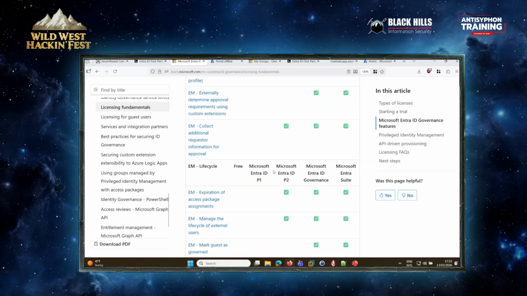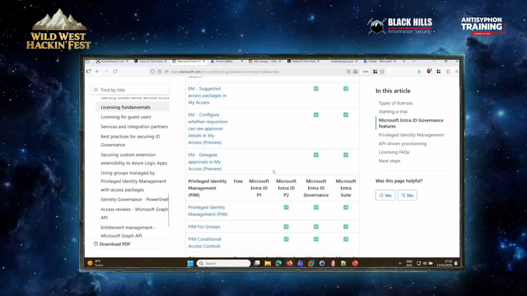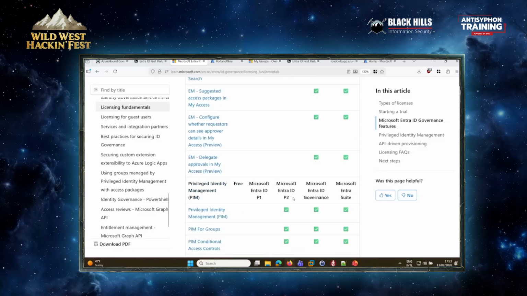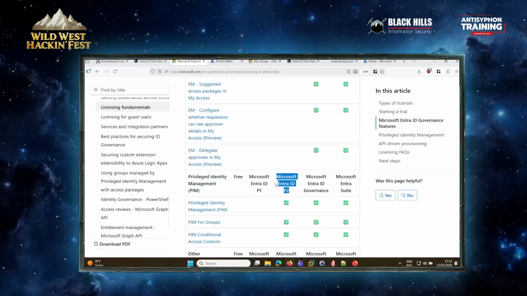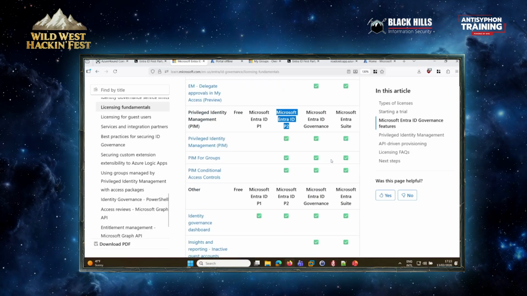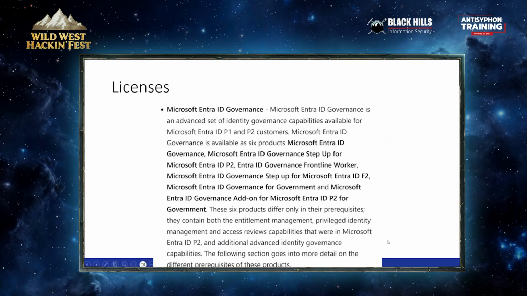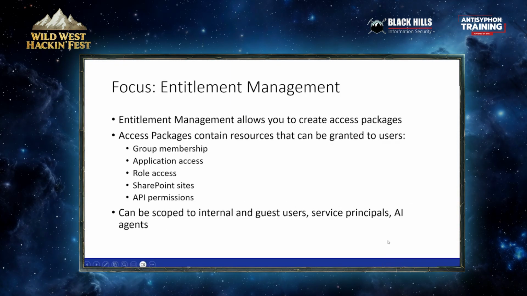I could keep scrolling for the next 5 minutes probably, because there's a lot of different stuff. But basically, if you have Entra P2, which comes with E5, then you get part of this. If you want all of it, then you need either the separate governance license or the Entra Suite license, which kind of contains the previous things. I didn't make this up. Anyway, you need licenses for this.